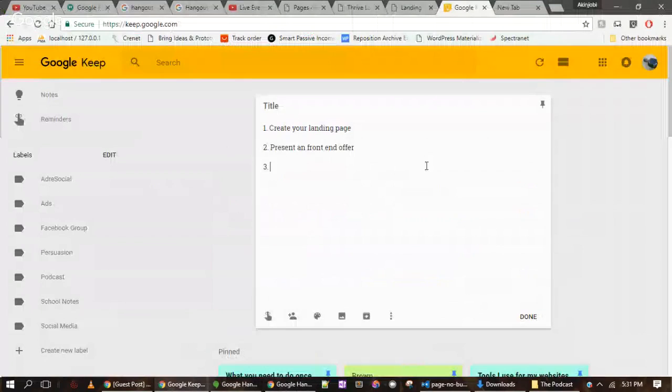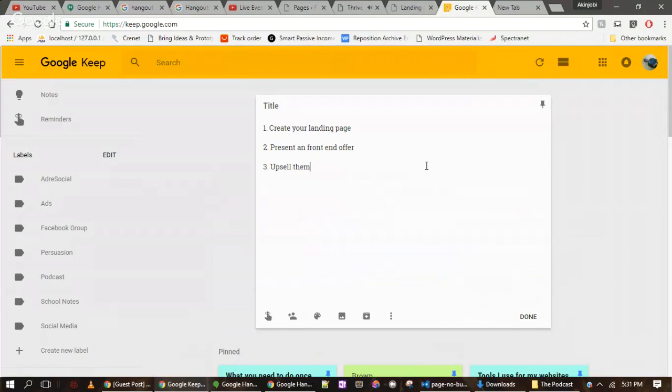Now, after you do this, the third thing that you need to do is upsell them. So if somebody buys your front end offer, you say, okay, you're interested in this thing, there's more offer that I have for you that you may be interested in, and you upsell them. Now, if you are not upselling them, do something. By the time they enter your email sequence, you can begin to look at, okay, they are in your email sequence. You can upsell them also from your email sequence,